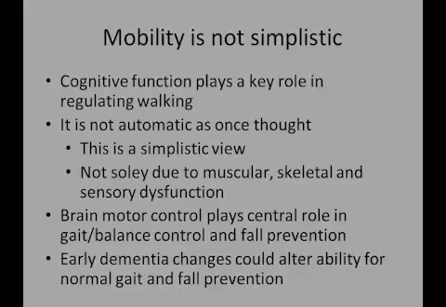And early dementia changes could alter this ability for normal gait and fall prevention. And maybe it's in looking at gait and falls as our early indicators for dementia. Which comes first, we don't know exactly, but the interplay seems to be there, and I think we should clinically pay close attention to it. If someone's falling, maybe do more assessment beyond monofilament testing for sensation, or doing a pharmacy assessment for polypharmacy and contributors to falls, but maybe also screening for memory